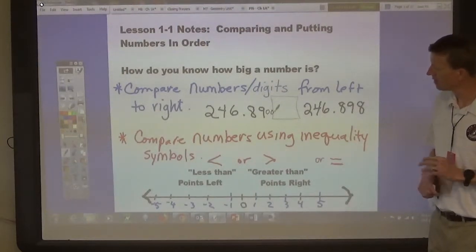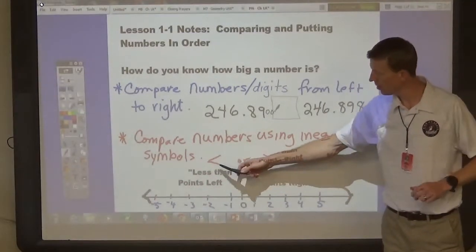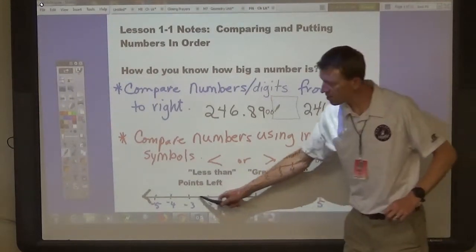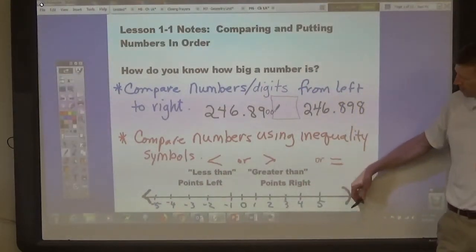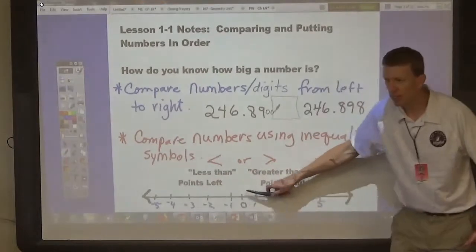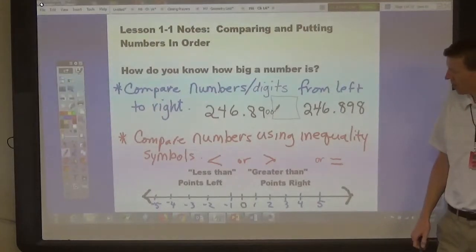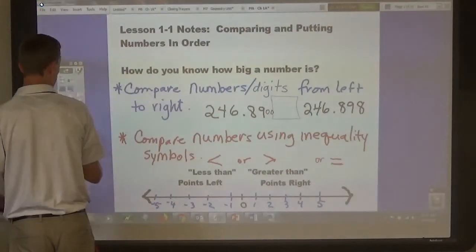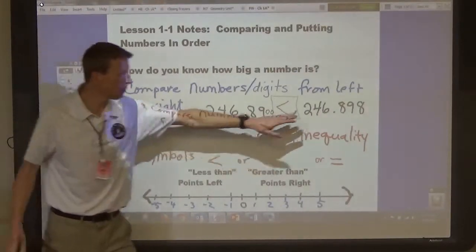Now, in math, instead of writing the words less than or greater than, we use symbols. These symbols. And they refer to the distance that a number is to the left or to the right on a number line. So the less than sign, which points to the left, tells us that that number is further to the left on the number line than another number. So if we were to put this symbol in here, we would read this statement like this: